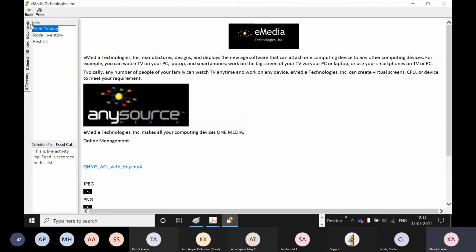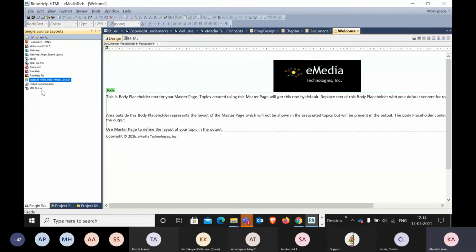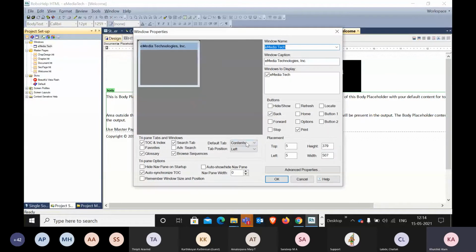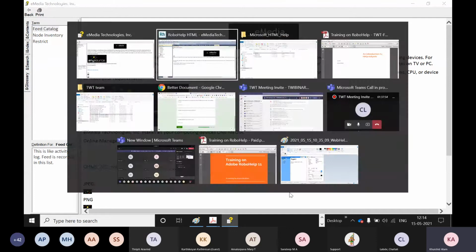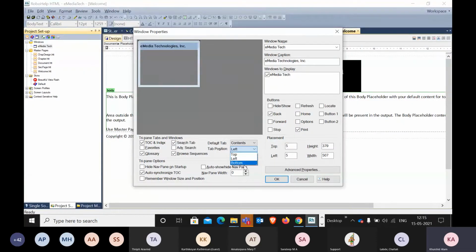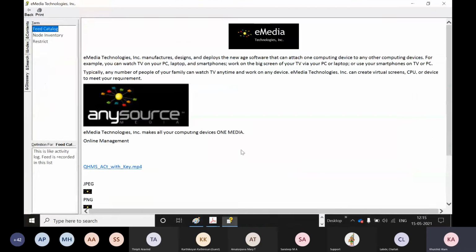You can see I was showing you these may be in window. I'm going to the window directly and will show you what I meant here. See, content left position, then right position, top position. You can place this anywhere. Actually, this is generally not preferred in a CHM file, but I have knowingly placed this here to show you the difference between left, top, and bottom design, so that you can grasp this.